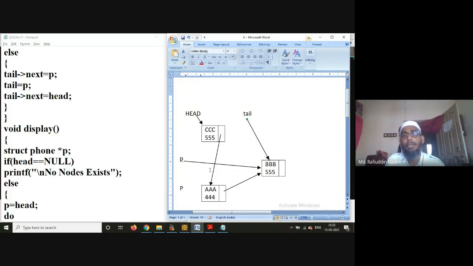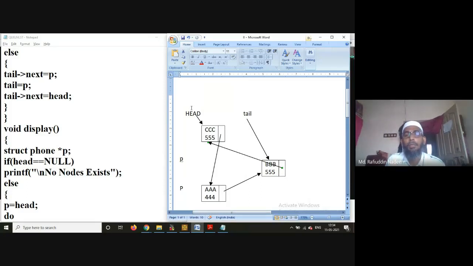And this tail next is equal to head. Tail next is equal to head.